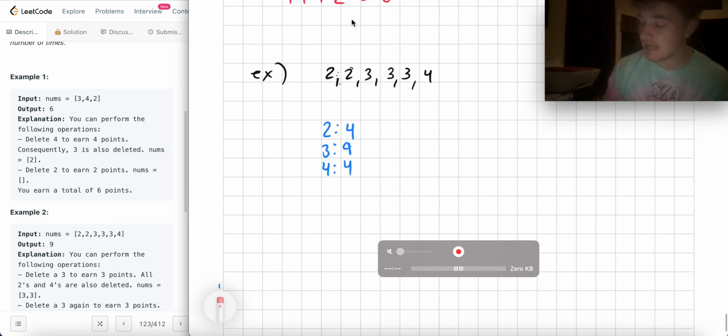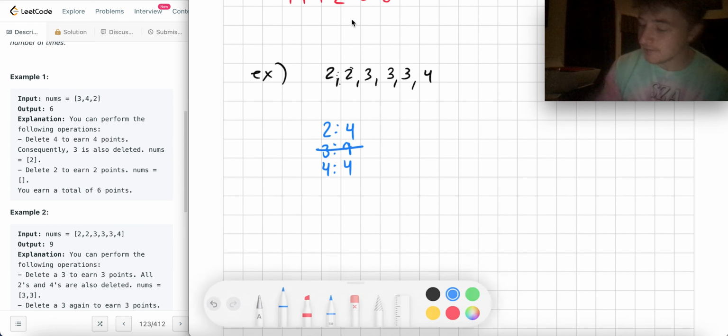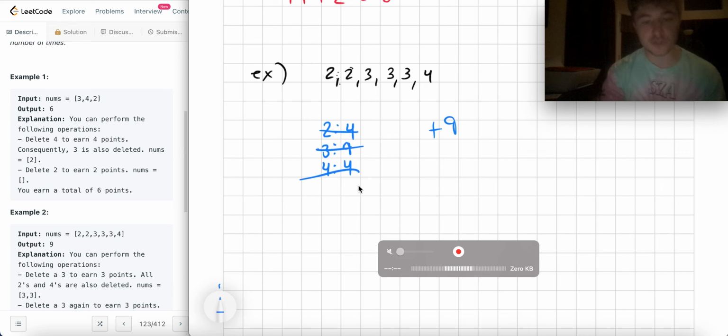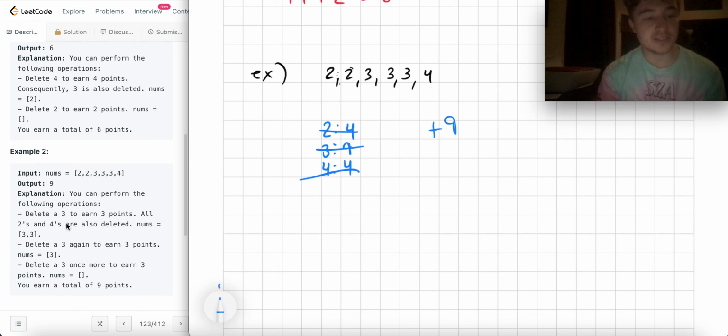But in this case, I actually get 9 points for deleting 3, and then I lose access to these, but that's greater than if I chose 2 or 4, because choosing 2, I'd get 4 points, but I'd have to delete this 9 points that I could potentially get, so I would get a total of 8, right? So in this example, it's actually better to delete a 3 to earn 3 points, and then notice all 2s and 4s are also deleted, so you might as well just keep choosing a 3 because you've already faced the